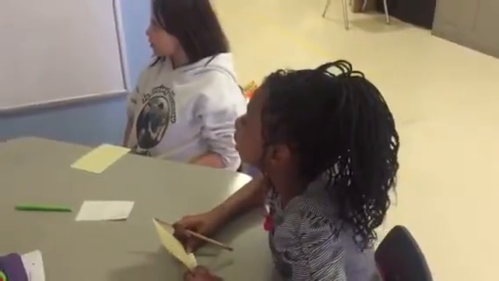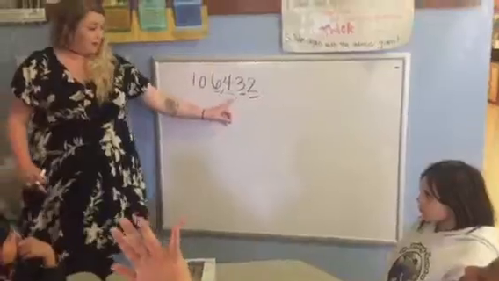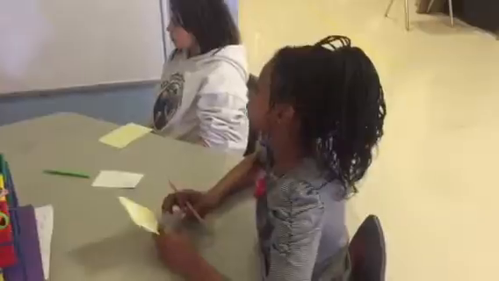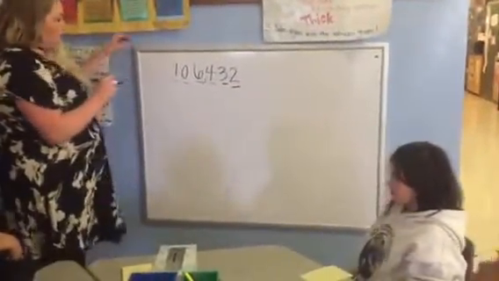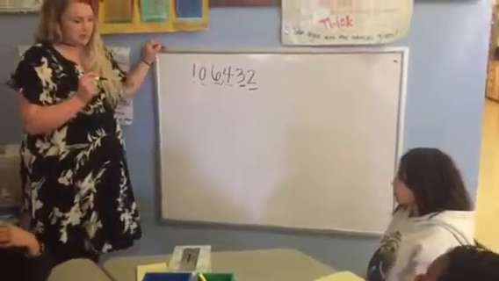So we said this was our ones. This is our tens. Our hundreds. Okay, are you ready? Okay, go. 106,432. Now, if I asked you to round this number to the nearest hundreds, what place are we focusing